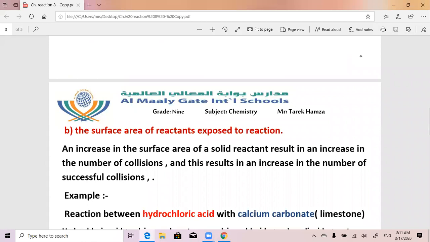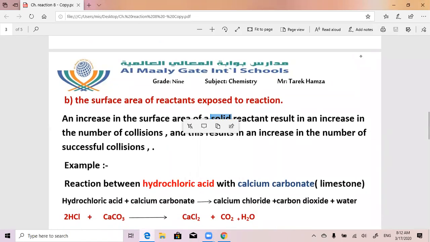Now, the second factor, surface area of reactants exposed to the reaction. The surface area of reactants exposed to the reaction يعني ايه؟ هنقول كمية أو شكل المواد المتفاعلة داخل التفاعل، شكلها داخل التفاعل. For example،